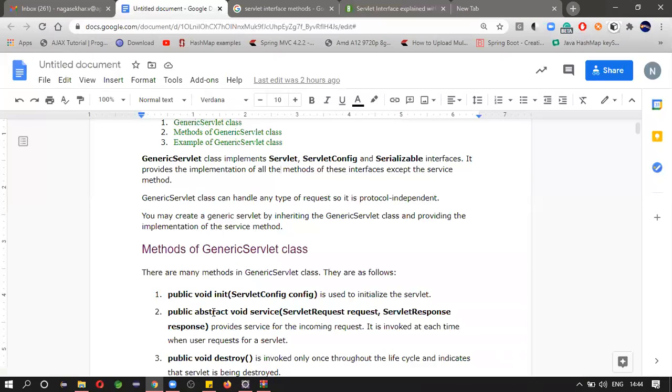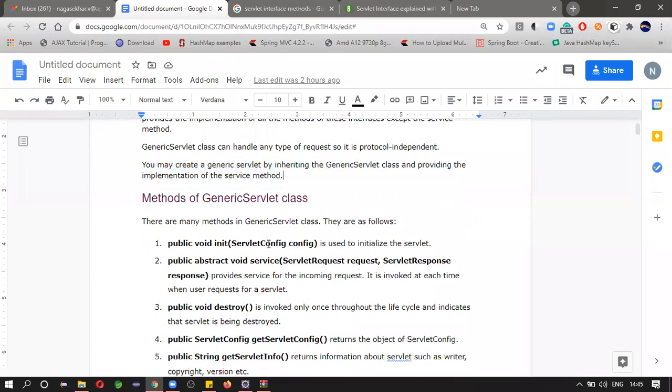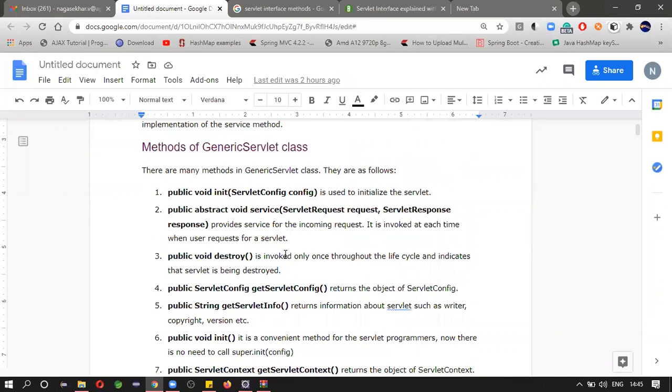Next, let's come to generic servlet. You may create a generic servlet by inheriting the generic servlet class and provide the implementation of the service method. What are the various methods of the generic servlet class? See, this is an abstract class.